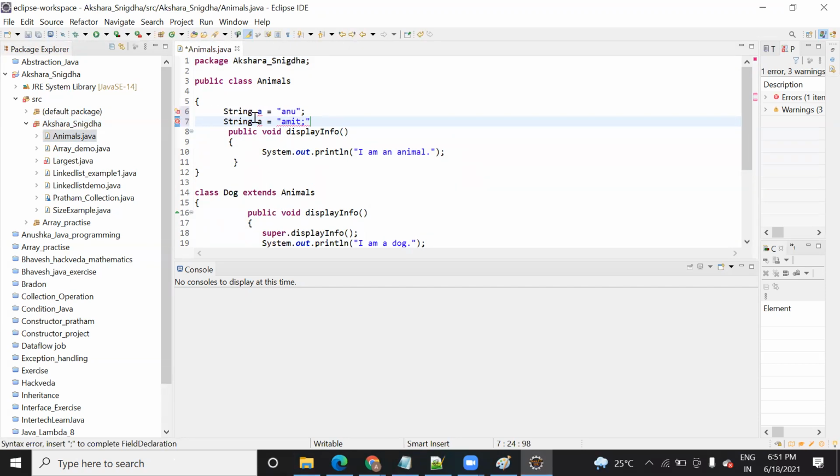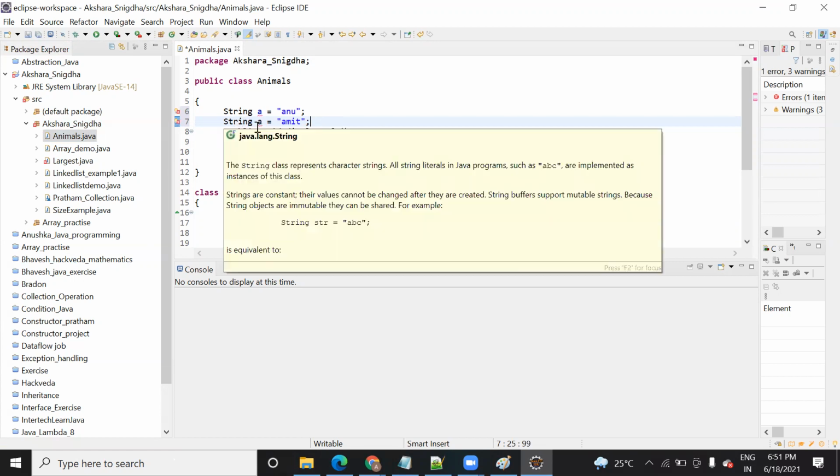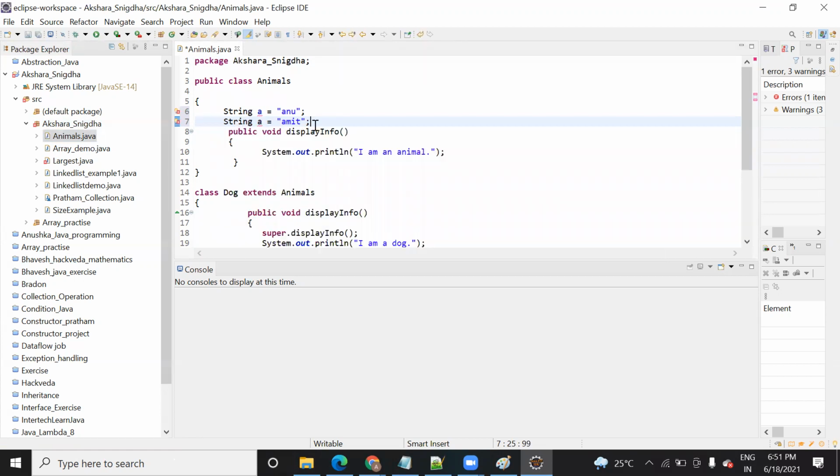Duplicate field animal. Do you see this error? Yeah. So why is it giving a duplicate field error? Because I'm reinitializing the value.